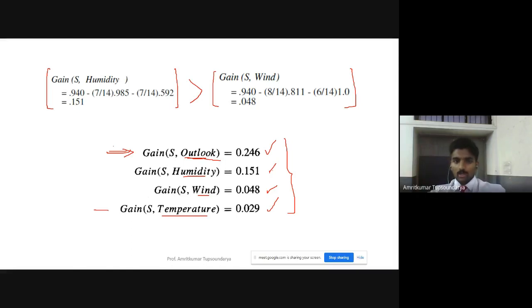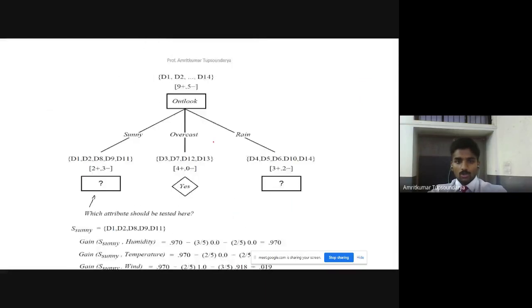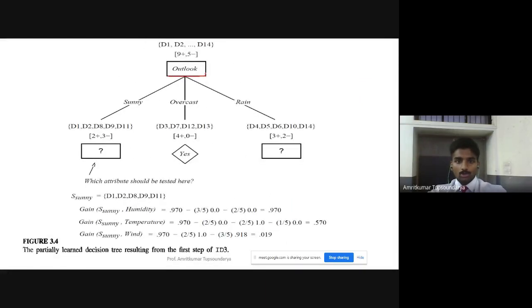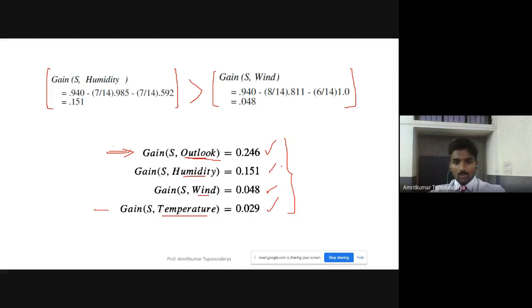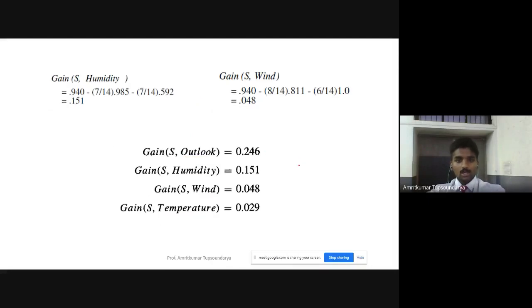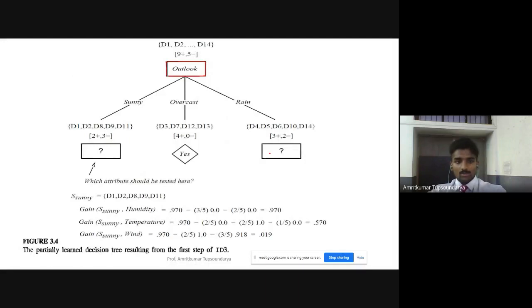So that is the reason we can go ahead with selecting the attribute Outlook for the main root of our decision tree, right? So our first attribute, the first node, which is our root node, will be Outlook. In similar fashion, if we want to construct the tree depending on the calculations that we have at this stage, this is the tree that we get. This is a partial tree, you can say. This is not the complete tree. It is the under construction tree.